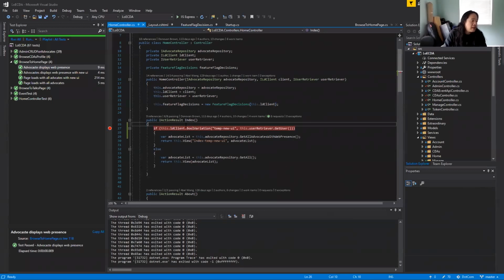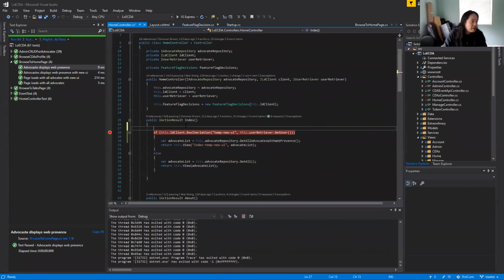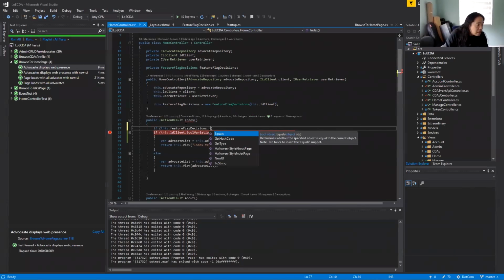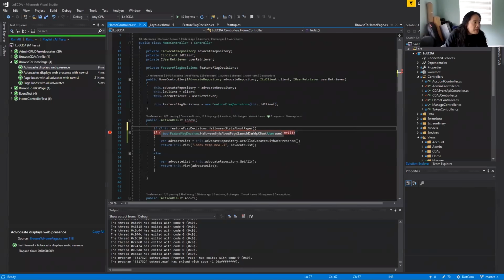So of course I can jump into here. Instead of this, we could say this dot feature flag decisions dot Halloween style new UI page, and I can pass in my user. Let me copy and paste this because I am too lazy to type all of that.